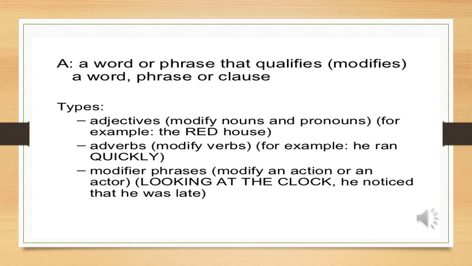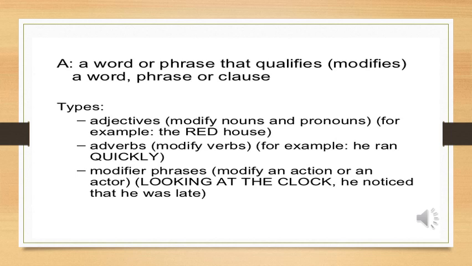And there are types of modifiers. Adjectives modify nouns and pronouns. For example, the red house. The word red is a modifier. It qualifies the noun here, house. Adverbs modify verbs. For example, he ran quickly. Quickly is an adverb, or modifier, which